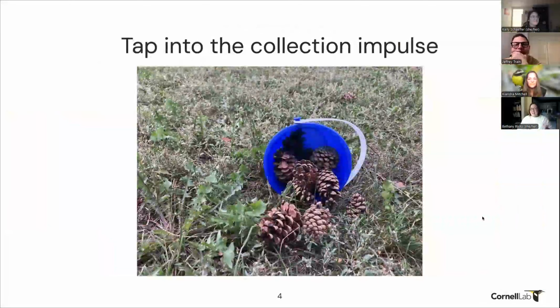We do a lot with buckets and trays. We collect a lot of stuff, and that applies for the youngins. That's great for my 18-month-olds, but my elementary school kids love gathering things up and putting them in buckets. I get adults excited about collecting pine cones and noticing the differences between them. When was the last time you really sat and engaged with a pine cone? It can be incredible. So a lot of the things that I haul around most are buckets and small, almost like lunch trays. And we can sort through all sorts of things in this.